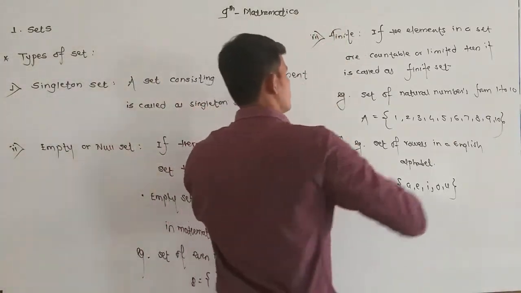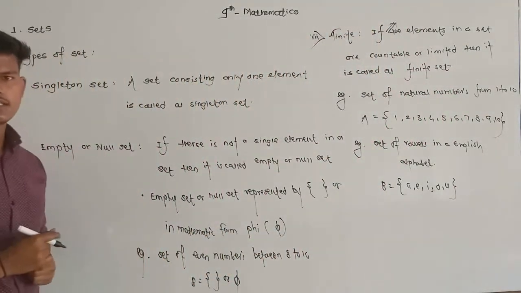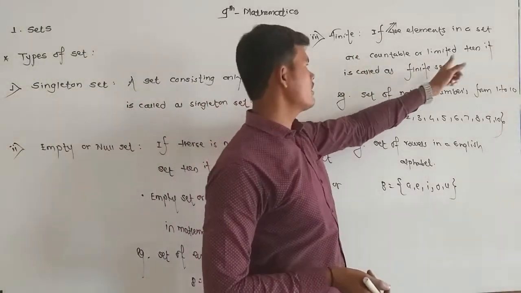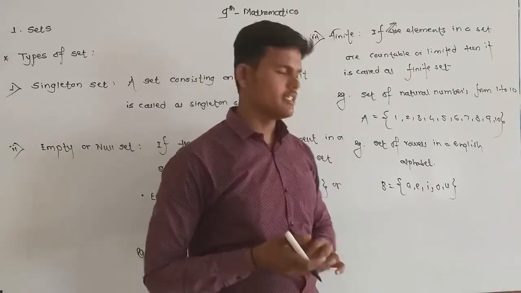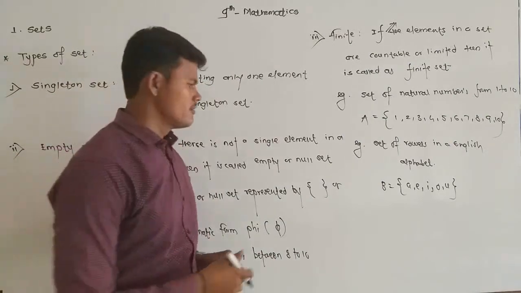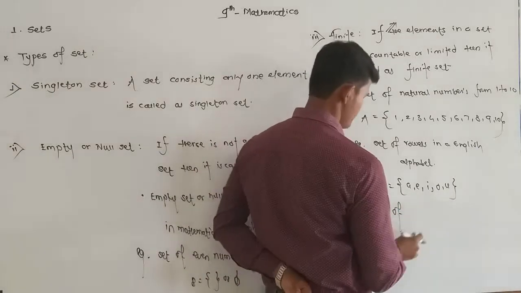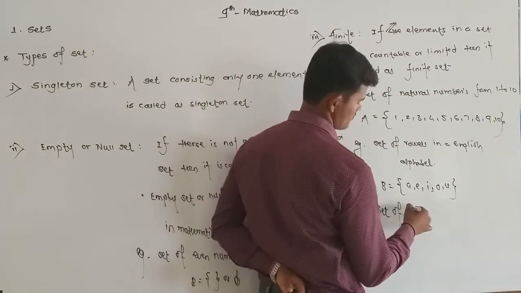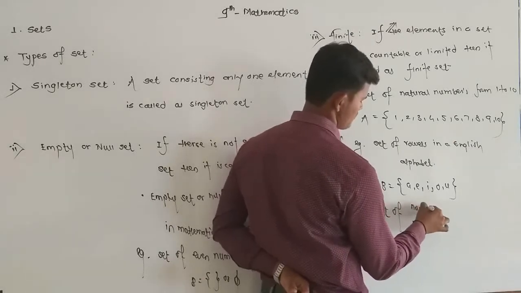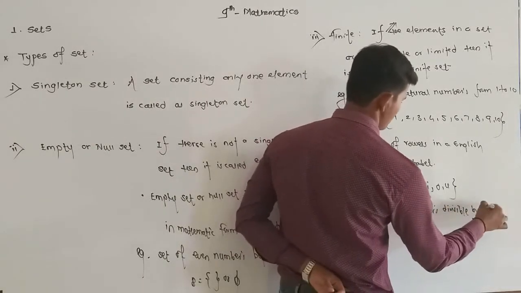Let's remember another thing: if the set is a null set, or the elements in a set are countable or limited, then it is called a finite set. म्हणजेच set जरी empty असला, then it is an example of finite. Why? For example, set of numbers divisible by 5